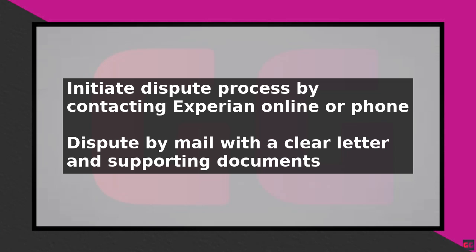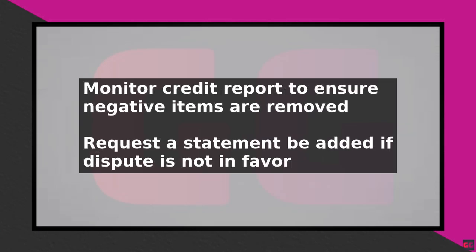After submitting your dispute, Experian will investigate and verify the information with the creditor. If the dispute is found in your favor, the negative item will be removed from your report. If the dispute is not found in your favor, you can request that a statement be added to your report